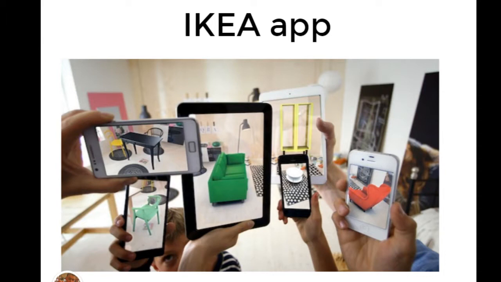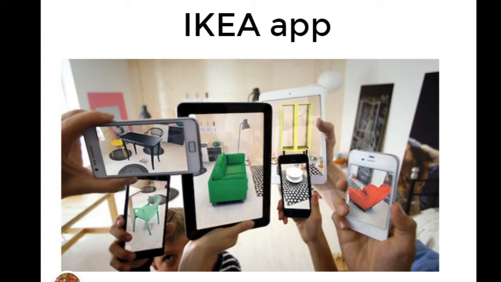So this is a practical application I came across that people I know have used and love. IKEA app. You can overlay a couch. What does this couch look like in my house? I don't have to take a picture and hold it up. I can actually see it. I can walk around it. I can see the dimensions it's going to take up.